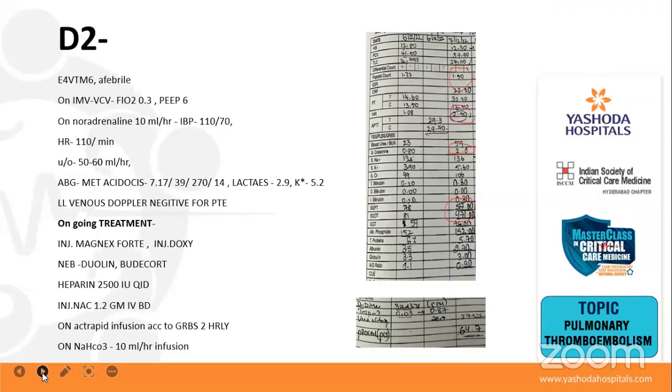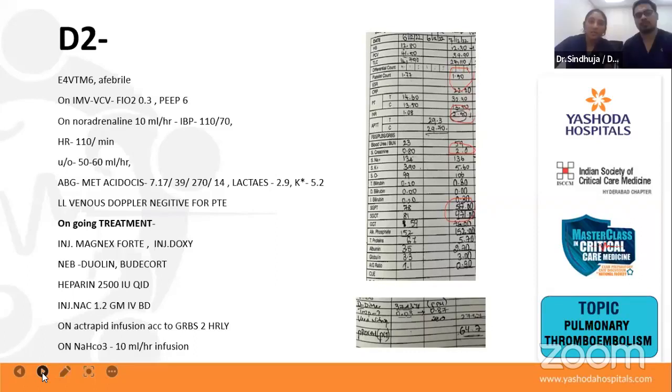Okay. And are you not worried that even after thrombolysis, the patient is needing noradrenaline, acidotic? Are you not worried on day 2? Can you summarize? Are you treating a patient of COPD who gets a pulmonary embolism? What is your diagnosis? You are on day 2. I joined late. Sorry for the emergency I was stuck in. What will you discuss with the attenders? Where are we?